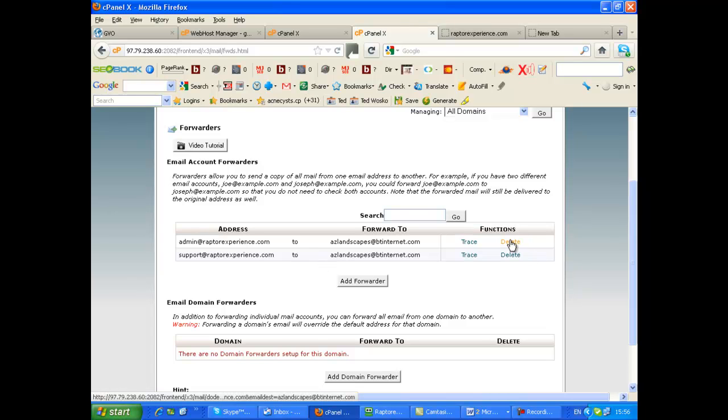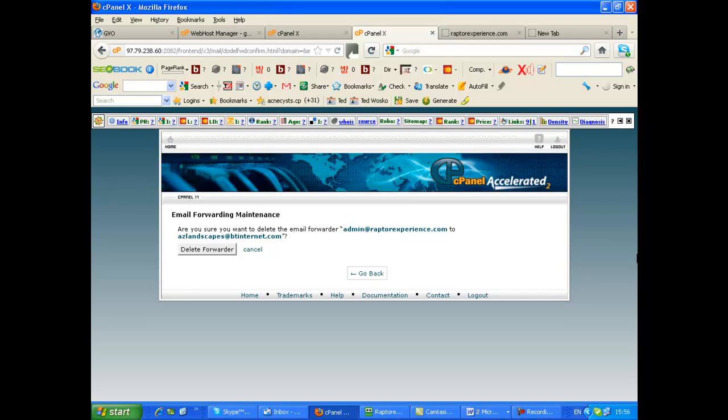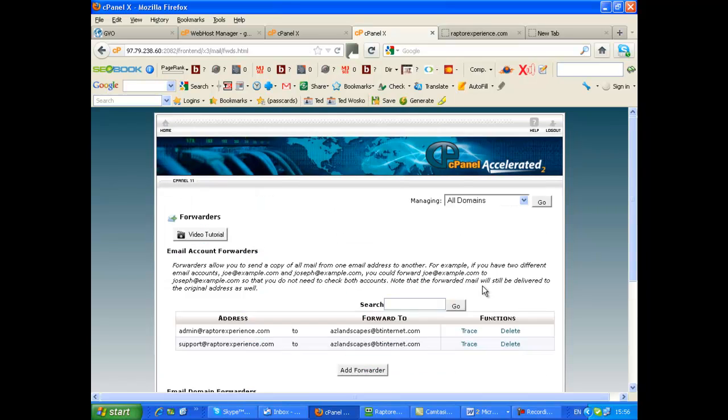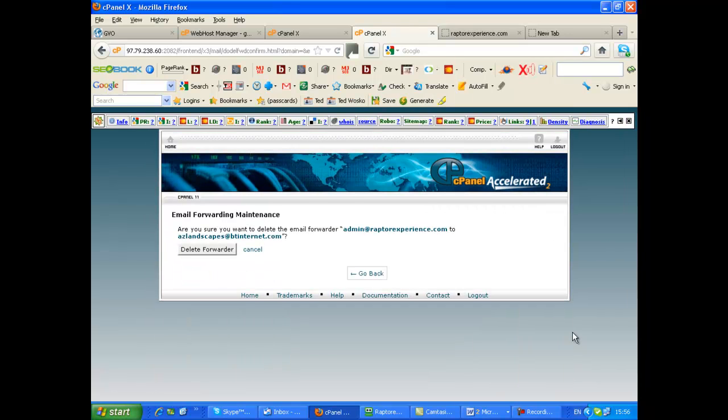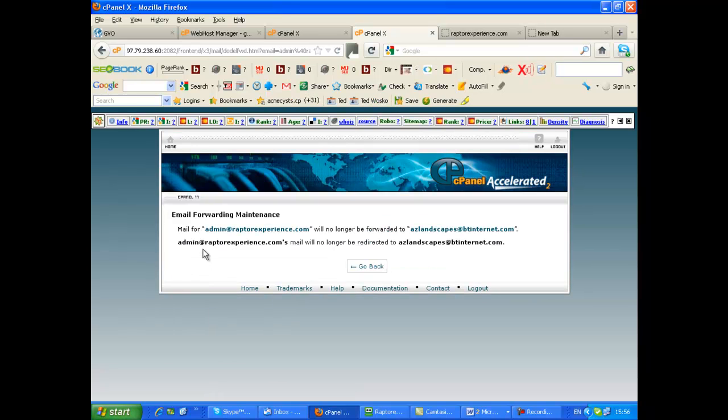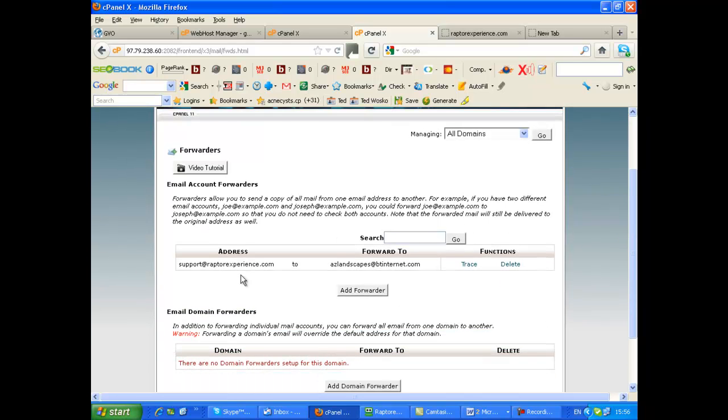And again what I'll do, I'll just delete that. We'll go back. Whoops, I didn't delete it properly. There we are, delete forwarder. Now we'll go back and you'll find it's not there. Now it is allowing you to add another forwarder. So we press on there,